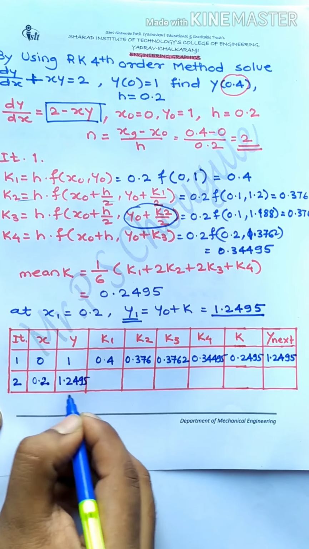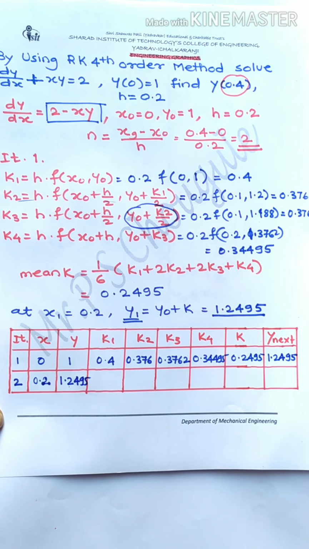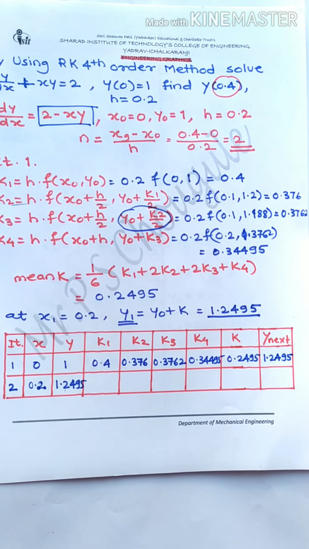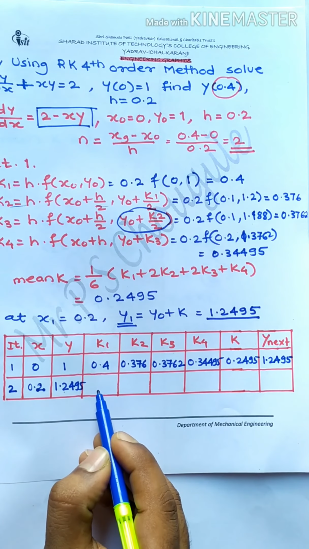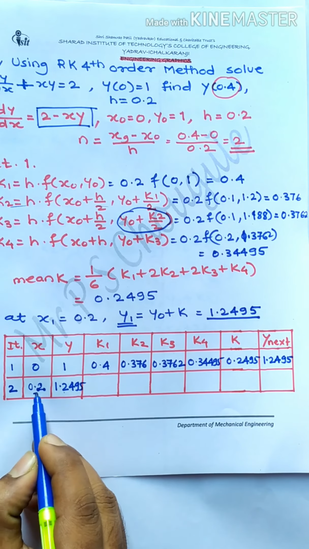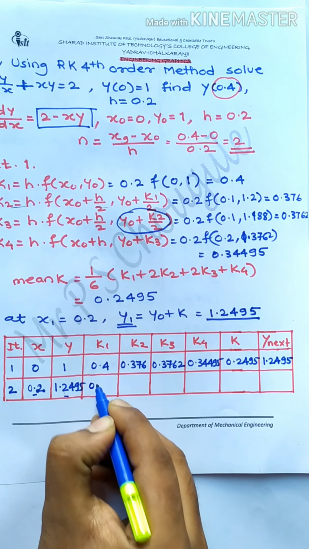This value we have to take over here. Now by this means we need to find the values here. So we will get k1 when we put these values of x and y, which is equal to